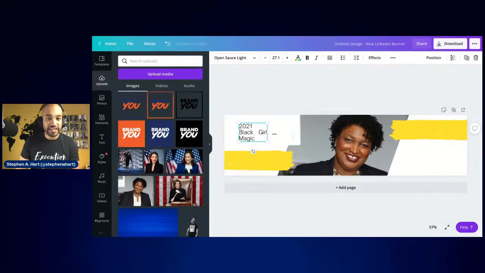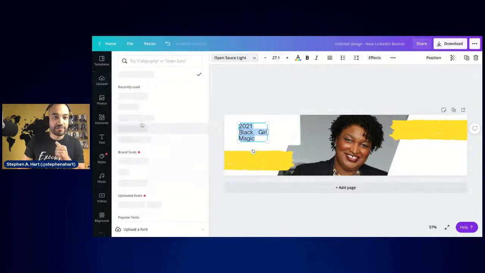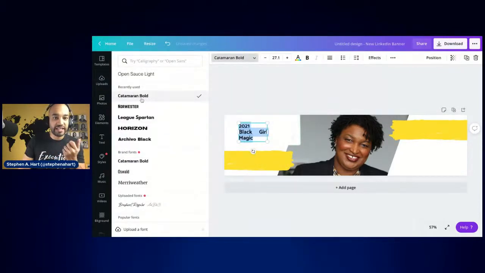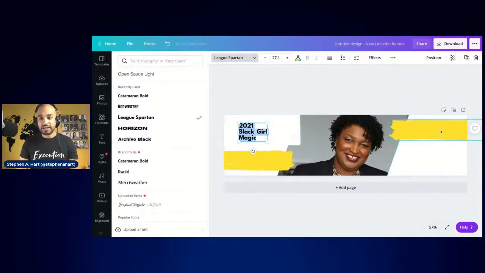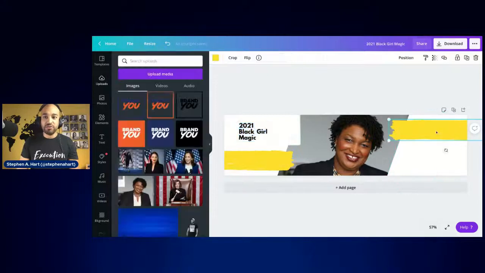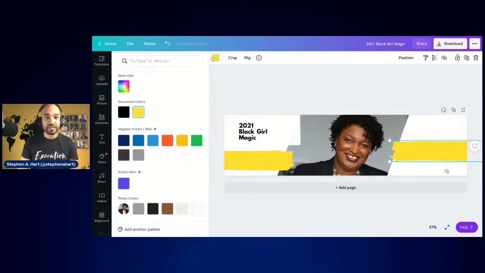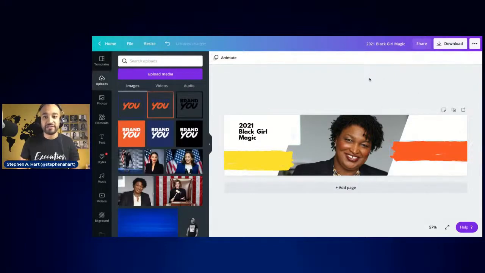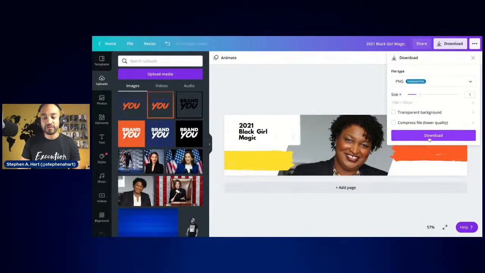Right? You can change the text, the font in here. You could choose something that you want. And you can move stuff around, you can delete things, you can change your color. Let's say this is what you wanted for your cover. You could simply save this, download it,